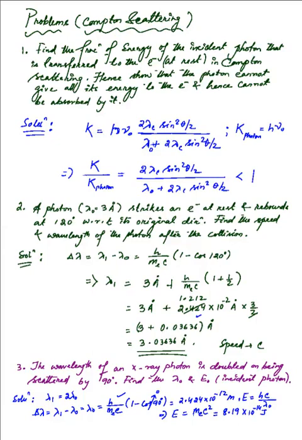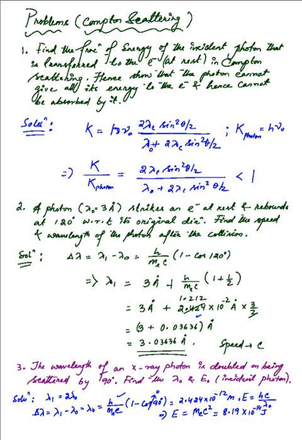I've discussed a few problems on Compton scattering that I had mentioned earlier, and we have done two videos on Compton scattering. The first part, and the second part is an extension into the various forms as well as the condition of the unmodified line, that is the Thomson component, that is discussed in the second video. This one has the numerical problems, and to begin with, I've already done them, so I would just be discussing